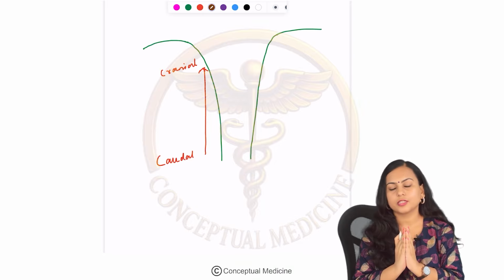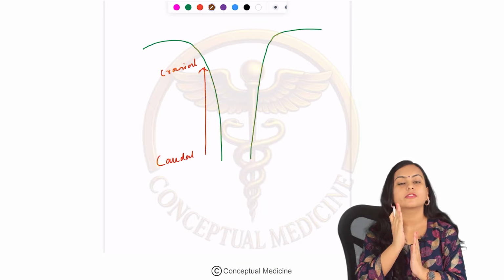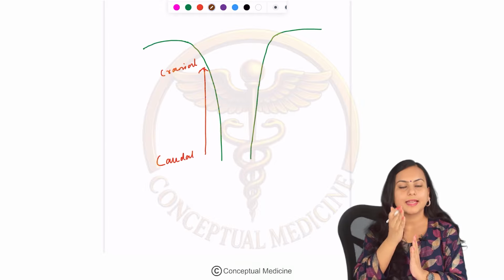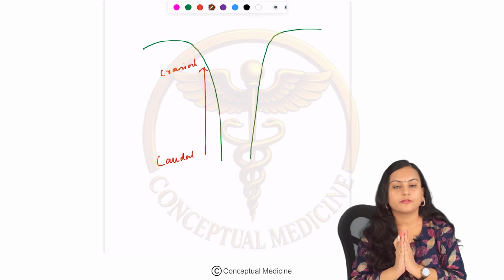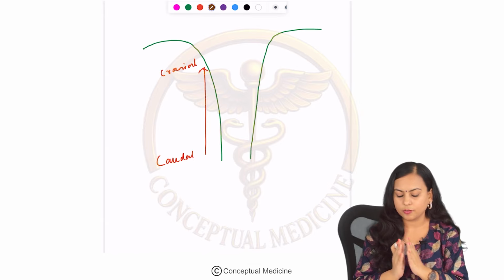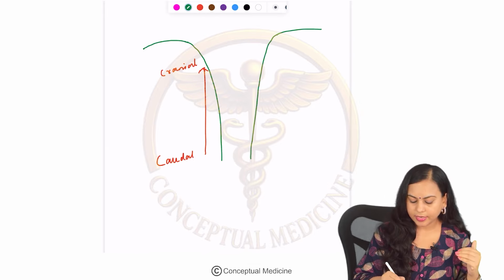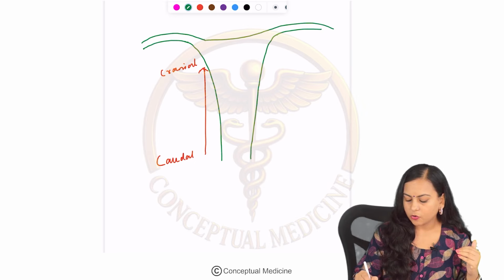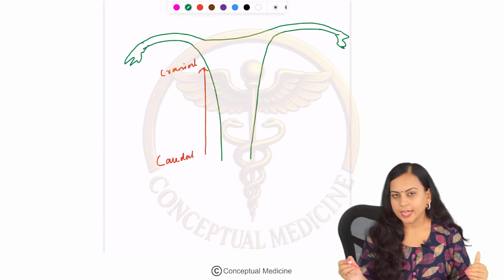Okay, because of the fusion there will be a central septum. It will be going for resorption. The midline septum so formed by the fusion of the two ducts will go for resorption. That's how an endometrial cavity is formed, and the cranial ends of the Mullerian ducts are going to be open. That's how we have the fimbria that is going to open into the peritoneal cavity.